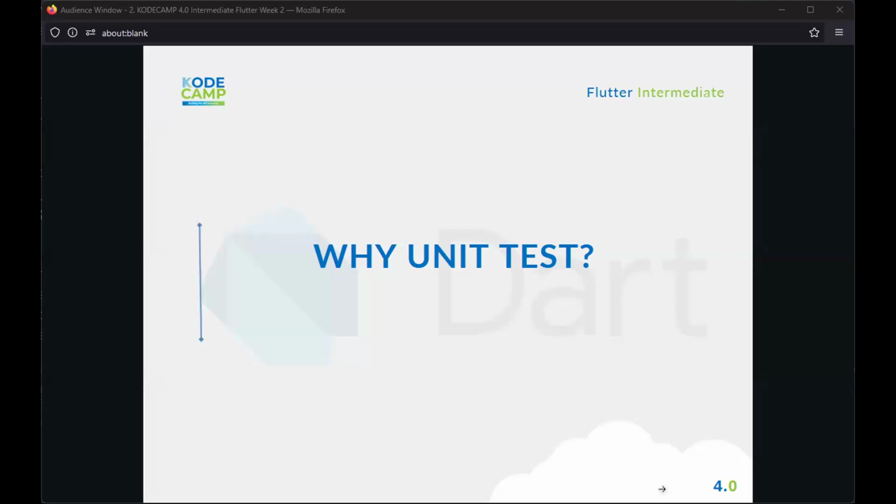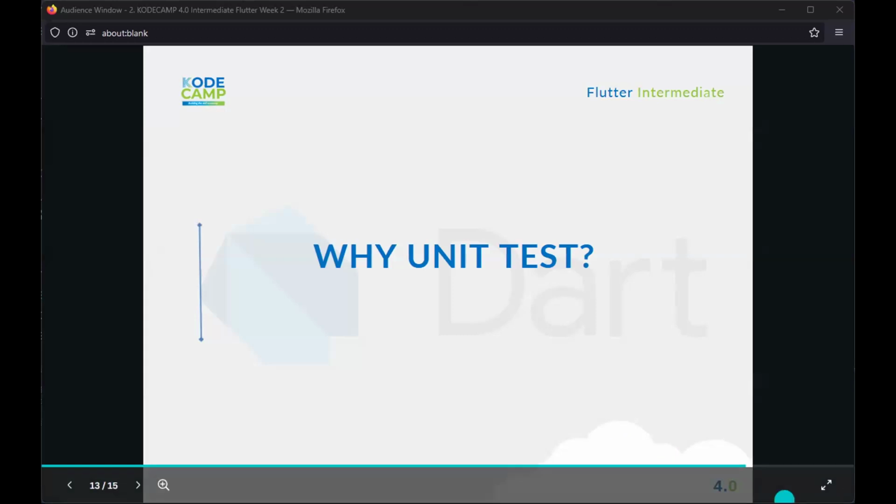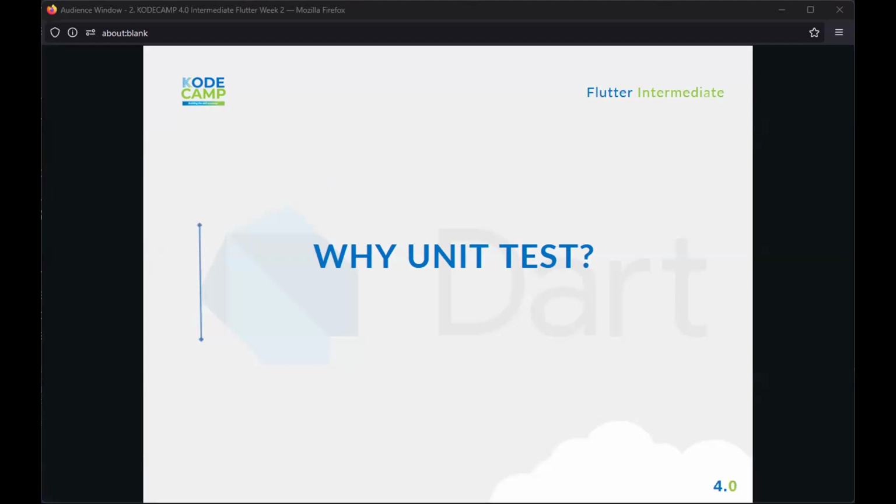And a third reason is that it makes debugging very simple. When you start unit testing your project, debugging becomes easy, because now you can know what test cases are failing, and because of that, you get to know exactly where your bugs lie. So that's more like a brief introduction